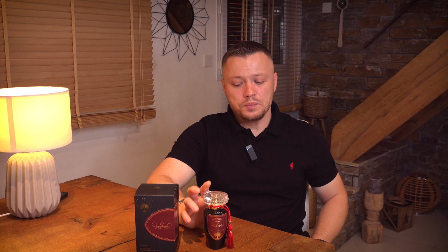And to be completely sincere, in my opinion, at least to my nose, this one smells like a mix between Halfeti Cedar from Penhaligon's, Chopard Oud Malaki, Eau de Parfum, I think, and another clone from Lattafa, or at least from Ard al Zaafaran, which is a sub-brand of Lattafa. Ard al Zaafaran 24 Hours, which also is trying to be a kind of clone of Tom Ford Black Orchid. Initially, this smelled like some kind of cheap eucalyptus medicinal type of liquid mixed with some kind of Coca-Cola